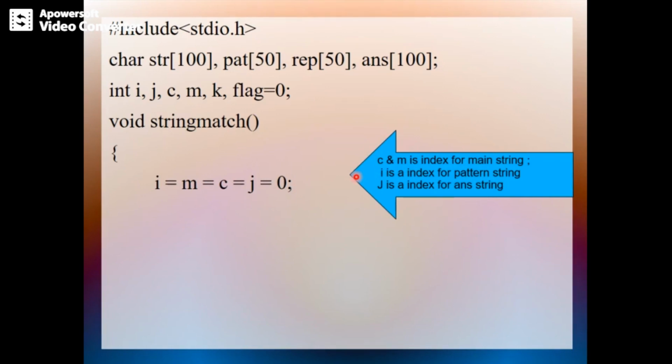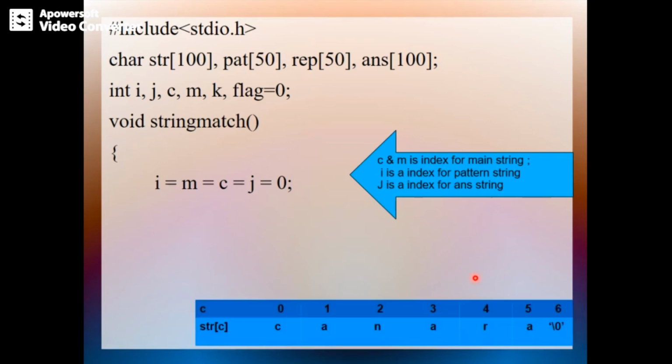If the first character is matched, that first match character's position will be held by c, and the remaining, once the first match is done, that is including the first match till you get the matching pattern in the main string, is dealt with by the m index. Index is nothing, just a position. Okay, and after that, i is an index for the pattern string, j is an index for the answer string.